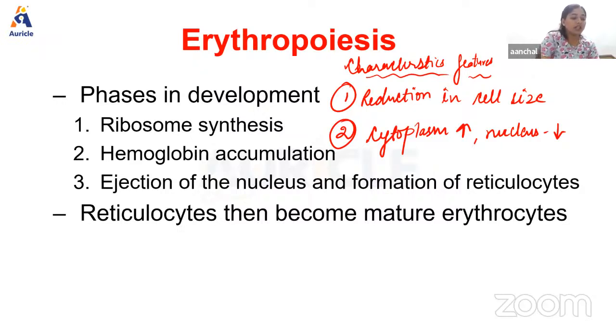Now we're going to discuss all the stages. This slide is going to be very important. So first we're going to discuss the various stages that occur during erythropoiesis. Starting from the hemocytoblast, that is also known as the stem cell, right? Then second we have proerythroblast,